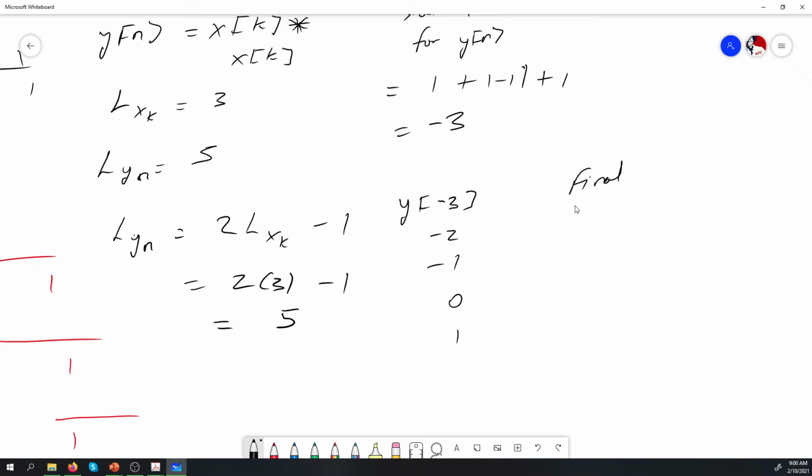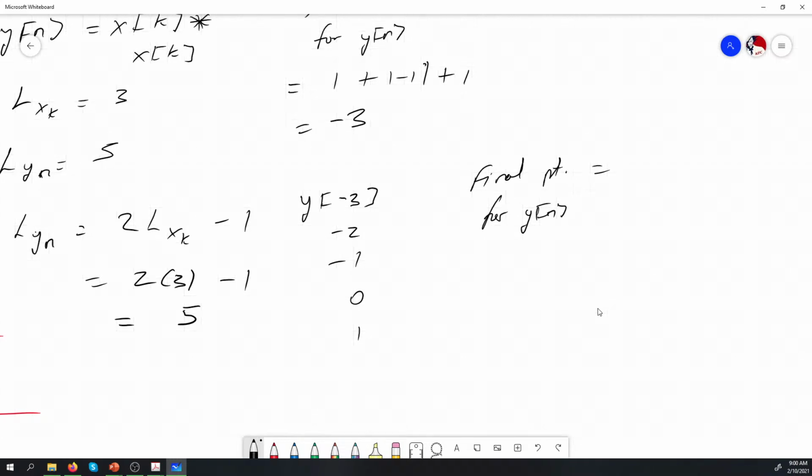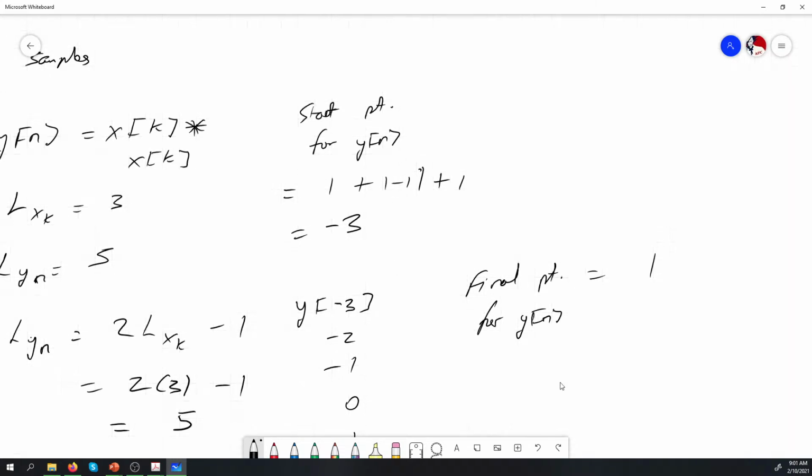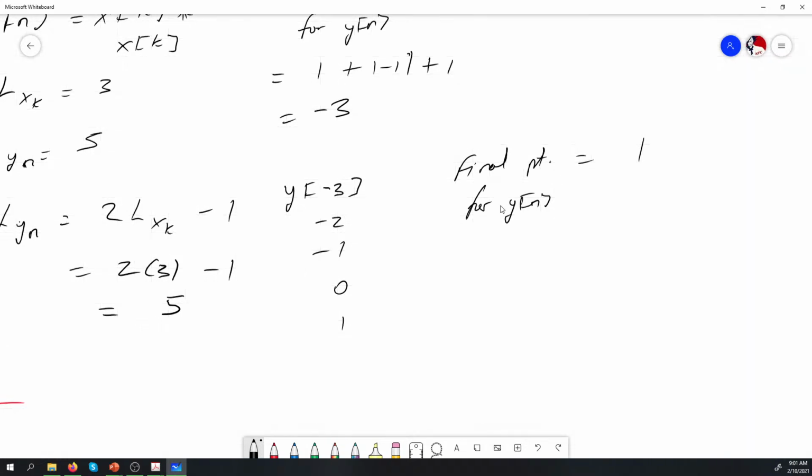So this is what we're going to try and calculate for. Final point for y of n. And we know here that the final point of y of n is going to be at positive 1, right? So we need to formulate an equation here to map the length of y of n as well as the start point for y of n,